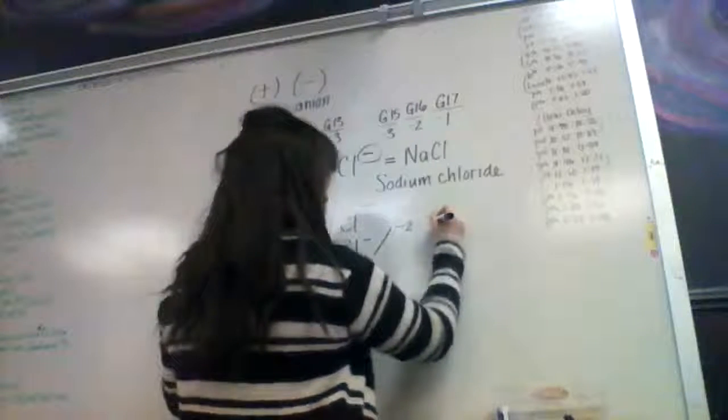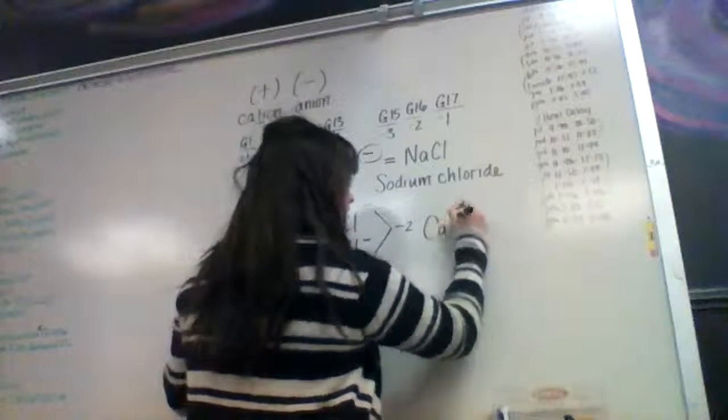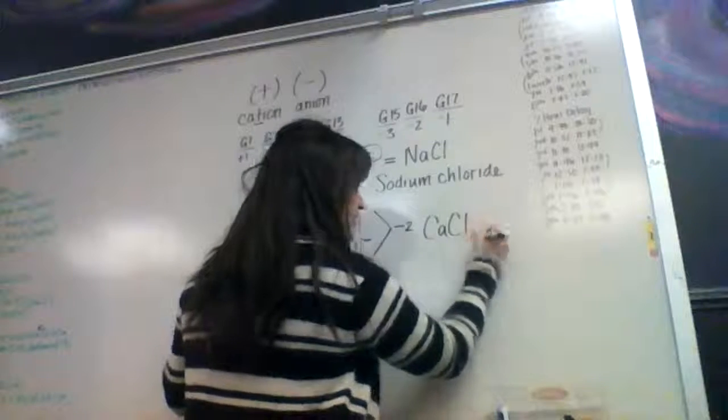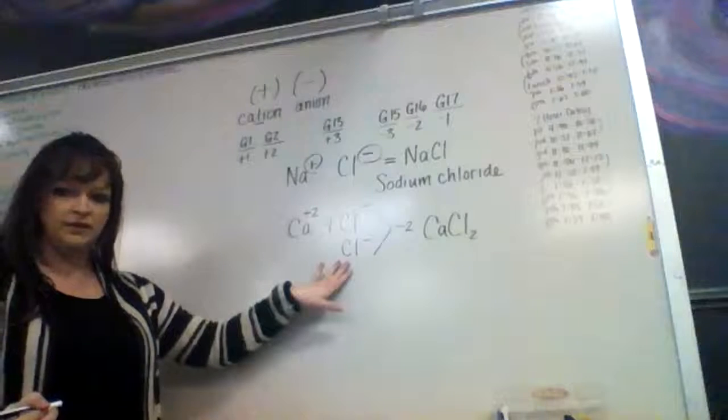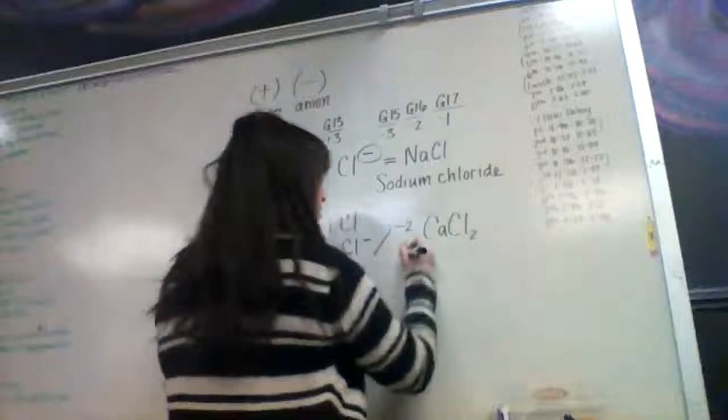So the chemical formula for that will be CaCl, and you're going to put a little 2 subscript after the chlorine to show that we needed 2 of those chlorines. Okay, the name of it will be calcium